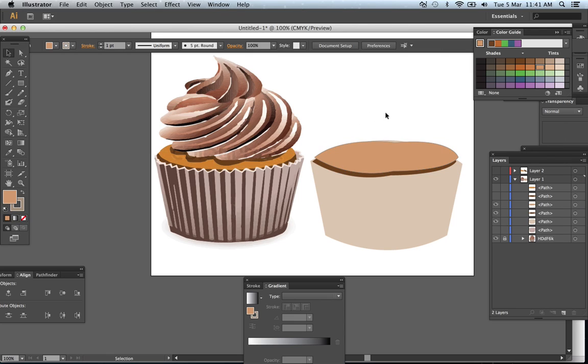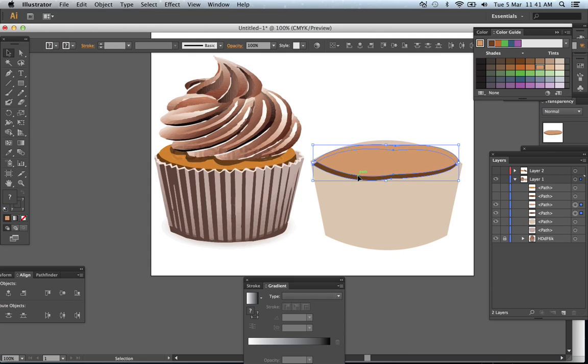It starts building the depth to your cupcake. Now I'm aware that you still don't have the front edge to your cupcake, and that's completely fine. When you're content with the placement of both of these, so that's where I want it to be, and my icing is going to hide the back of the cupcake, so that's fine. I'm going to grab my pen tool, turn the fill off,